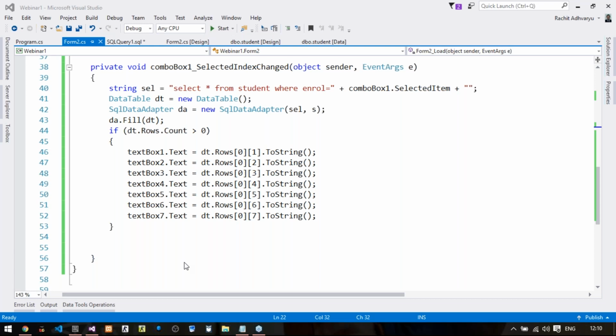Yes, instead of changing from program.cs, Heli, can you just provide the complete question? See, changing it from program.cs is the better way to execute your form.